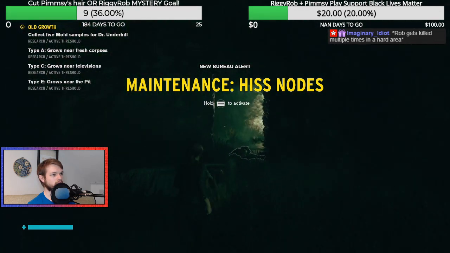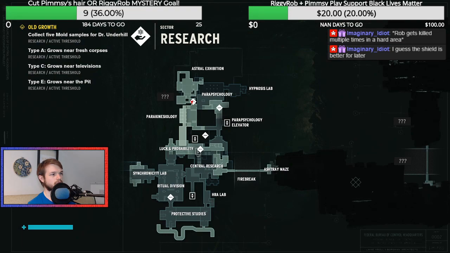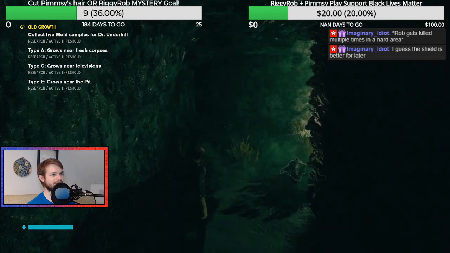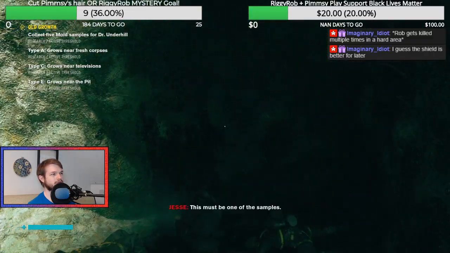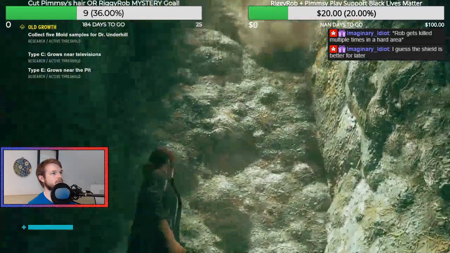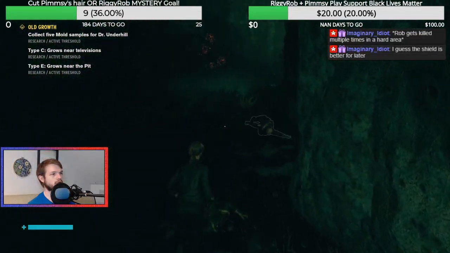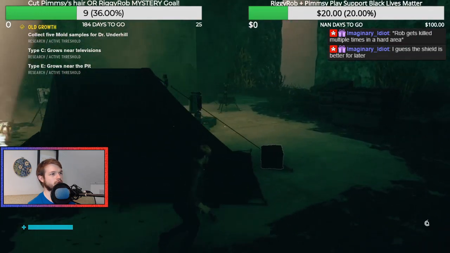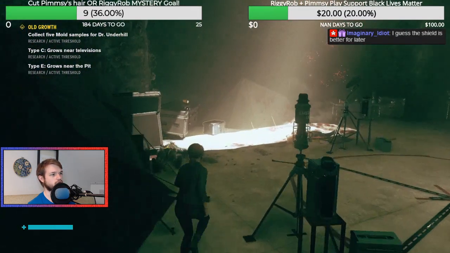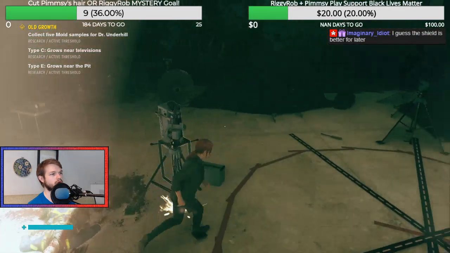Let's see. Where are we? That's not very helpful. Again, this map, not great. This must be one of the samples. So we've got TVs and the pit left to do. Now, hopefully, the pit means I don't have to go inside the pit. It's just near the pit. And, yeah, that's an in-game radio that doesn't work, so,